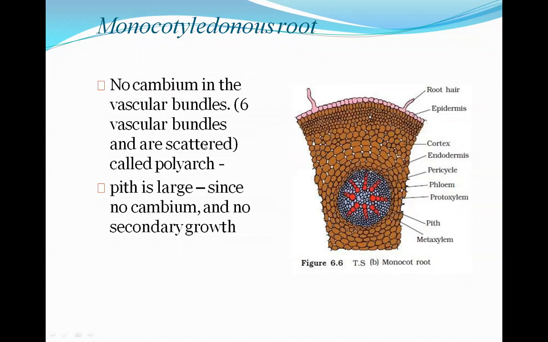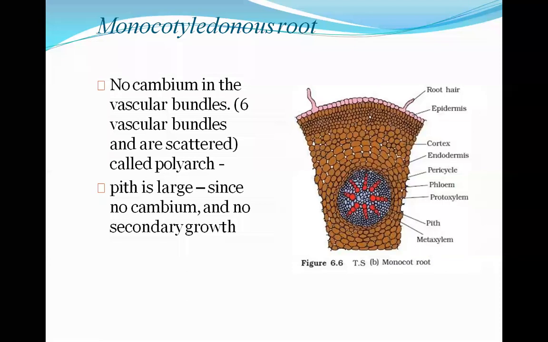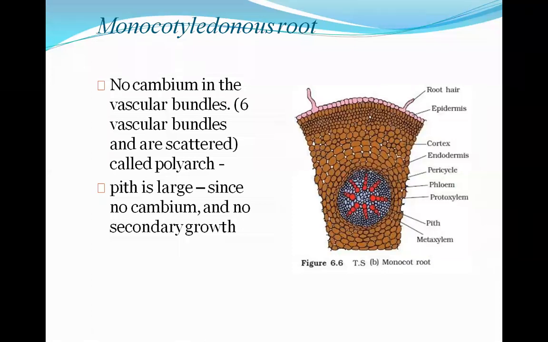When we are talking about the monocot root, in the dicot root there was the presence of a cambium ring, but in the monocot root there is no cambium ring in between the xylem and the phloem, right? In the dicot root there were 2 to 4 xylem bundles, right? Here 6 vascular bundles are present, right? So here the first main point is the presence of